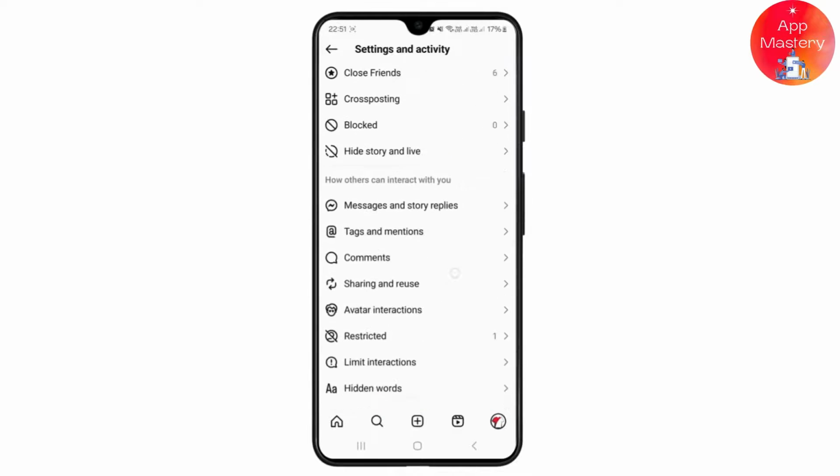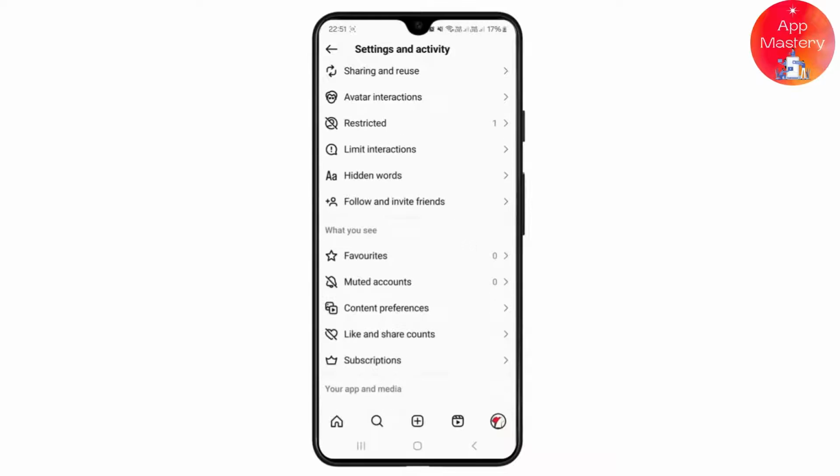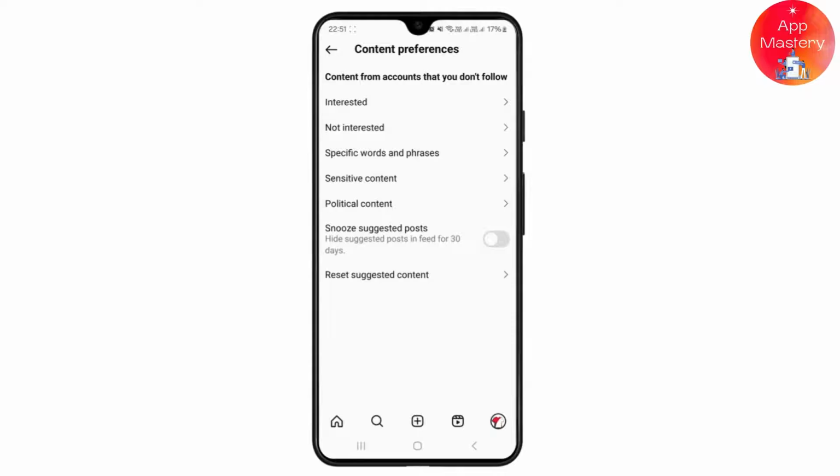And once you're inside it, just scroll all the way down until you see the option called content preference under the what you see section. So simply tap on this, and from over here you can see there is an option to reset your suggested content. So it will basically reset all of the content which you probably see on your explore page or for you